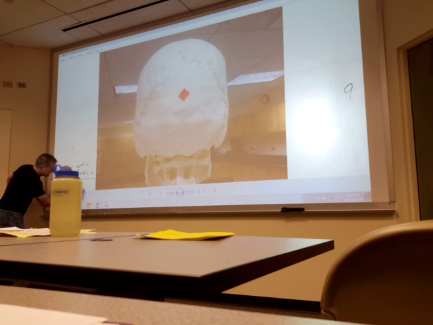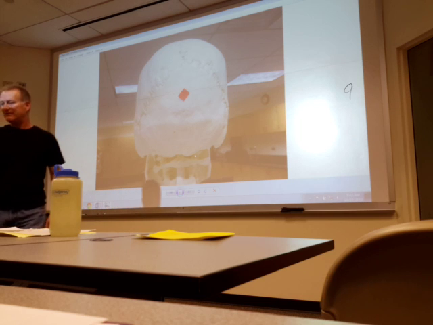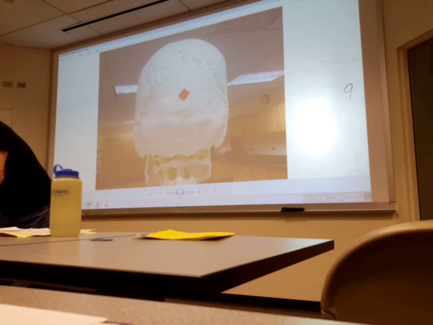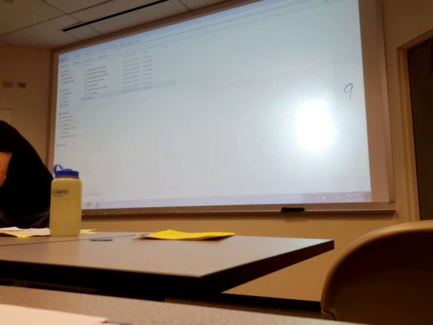I think the hands-on stuff is most important with the tiny bones. The bigger bones, it's relatively easy to get a handle on things with pictures. But when you get into some of these smaller bones,